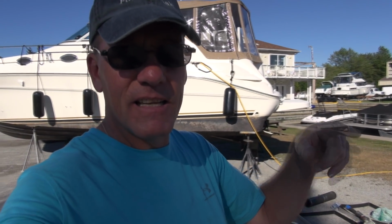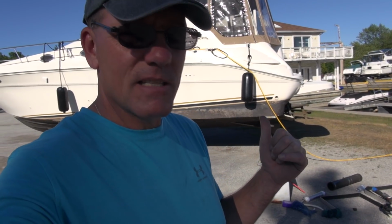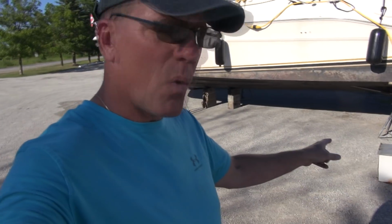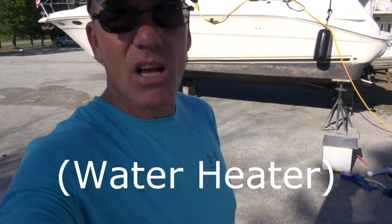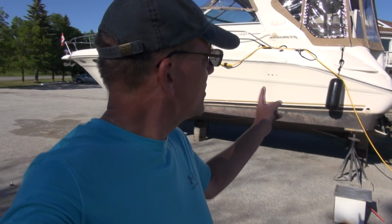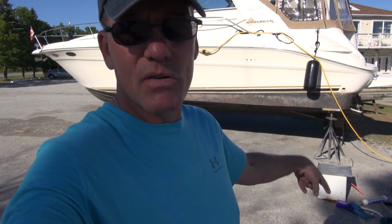It's starting to delaminate, or it has already delaminated on the inside, so I got a new one of those on order. Hopefully it'll be here in the next couple of days. As well, the water tank, there it is down there, it's all rusty, and I wasn't happy with it to start with, so it took a flying leap off the side of Boogaboo and landed very unceremoniously there. And a new one is going to be here over the next couple of days,